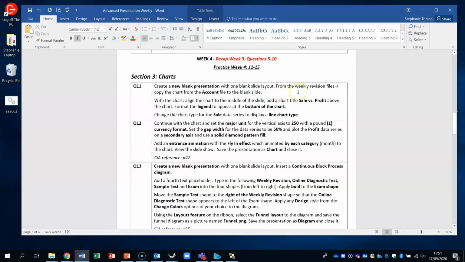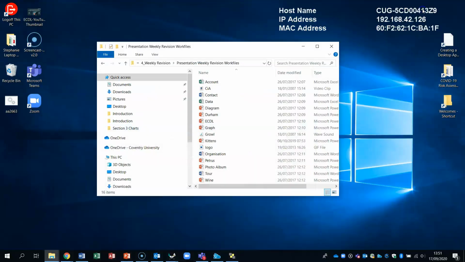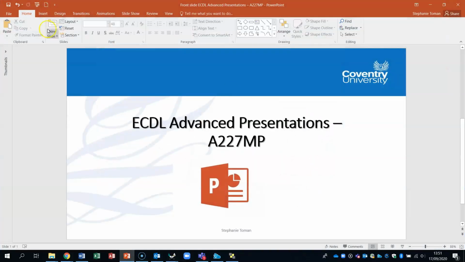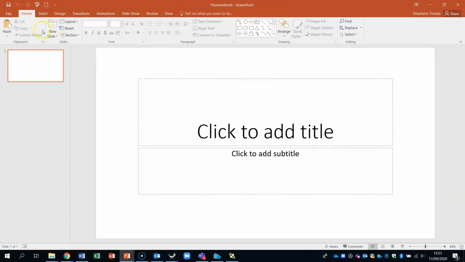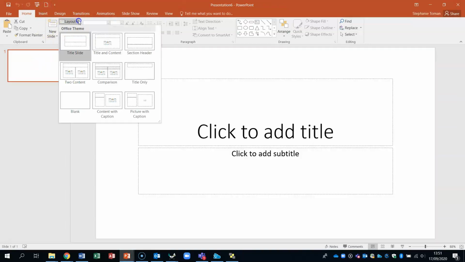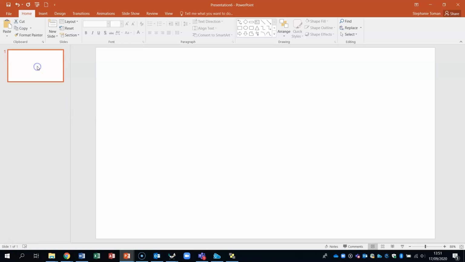So question 11 on the section charts: create a new blank presentation with one blank slide layout. From the weekly revision files, copy the chart from the account file to the blank slide, and then we'll come back and we'll have a look at the rest. So first of all, in PowerPoint, I'm going to do a new one and make sure that that layout is a blank slide. So we've got a blank layout, and we're going to go and open, so back to your work files,